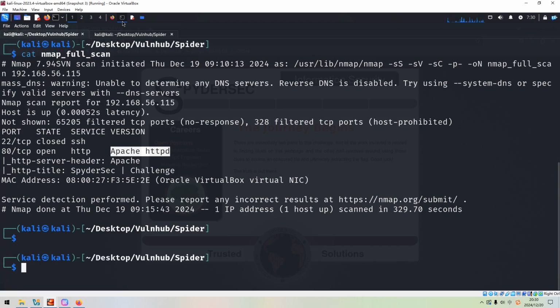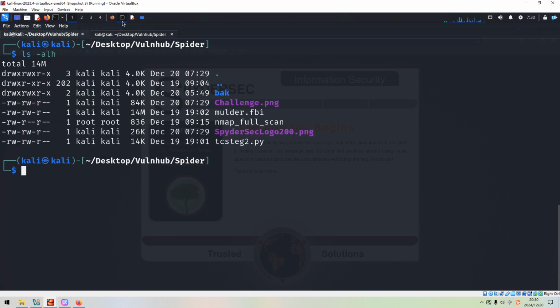So now how to do? We can use some sort of techniques to analyze these two pictures. For example, like exiftool, we can use a wildcard to print out the metadata of two pictures at one time. Okay.